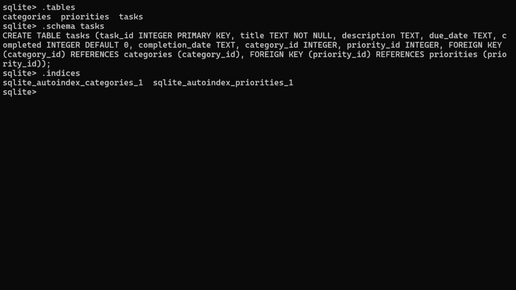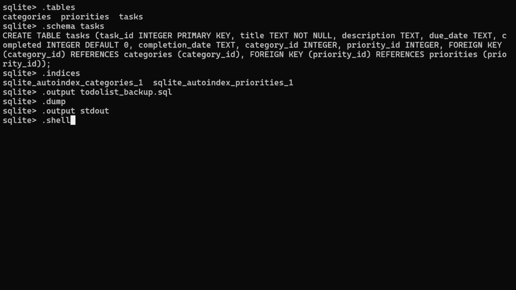Now let's try to take the backup of this database using the dot dump. So we'll set the output to todolist_backup.sql file, and we'll perform the dump, and the data will be stored in this file, and we'll restore the output to standard out.